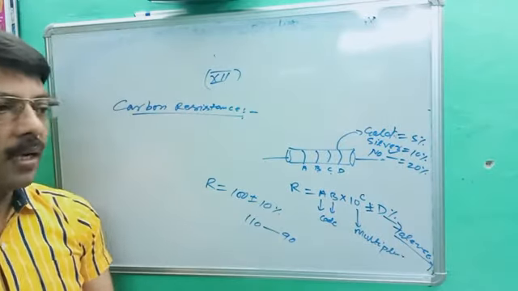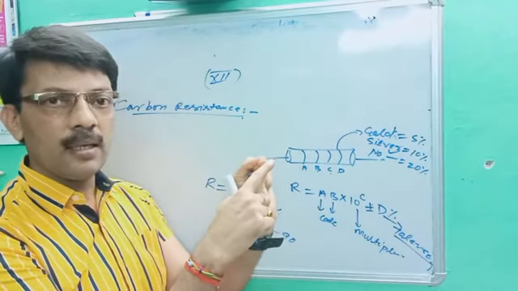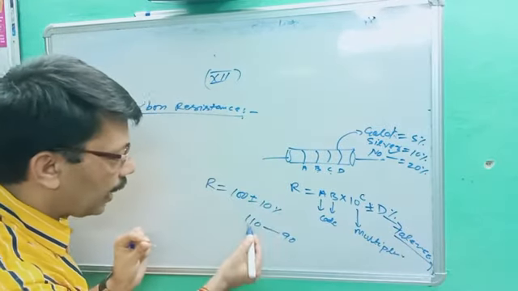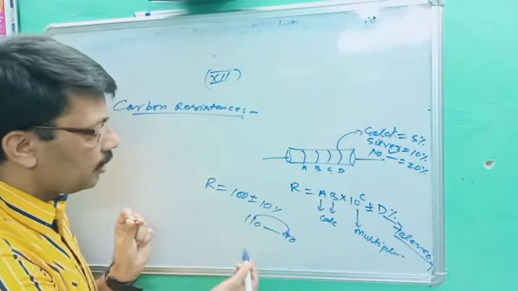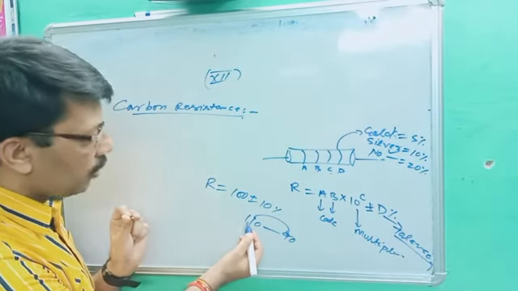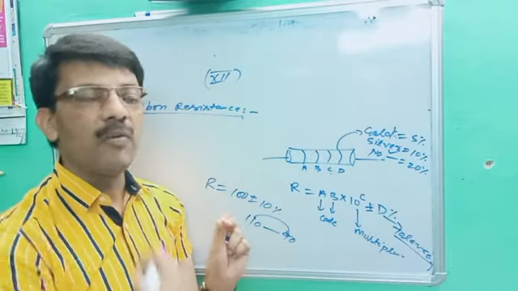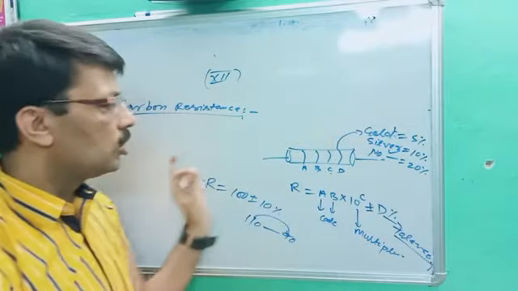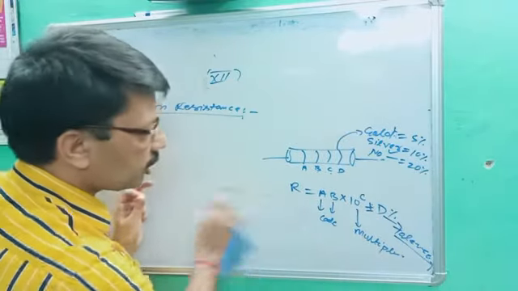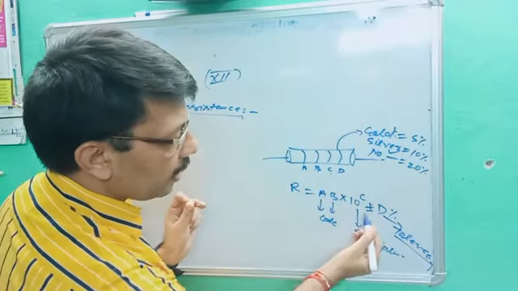That's why we defined the resistance made by carbon, used in electronic circuits, as one that can change its value from a higher range to a lower range. If your answer is 100 plus minus 10, it means its value could be 110 to 90. According to the need of the circuit, it will vary from higher to lower or lower to higher. Okay, so this is all about the introduction of carbon resistance, and the formula is very clear. R is equal to AB multiplied by 10 power C plus minus D%.